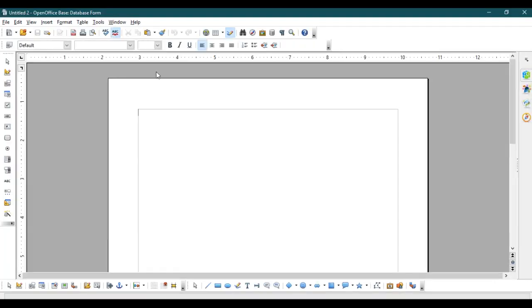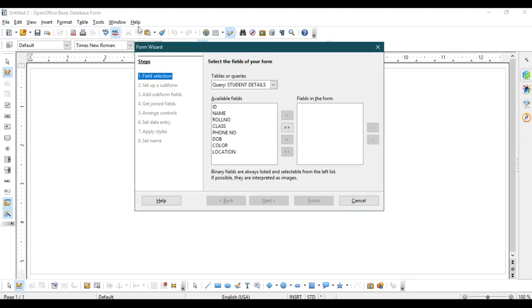Click this option. You'll be getting a new window called the Database Form window. So you'll have 8 steps in the form wizard window. First you have to choose the fields to make a form. So these are the options. If you need the entire field to make a form, we can choose this button. Otherwise you have to use this one arrow symbol for making the field to make a form. So I'm going to choose this button to make all fields to make a form. Okay, then click the next button.